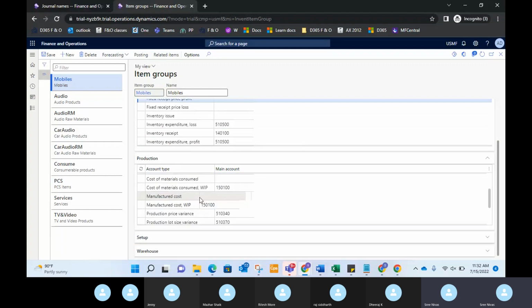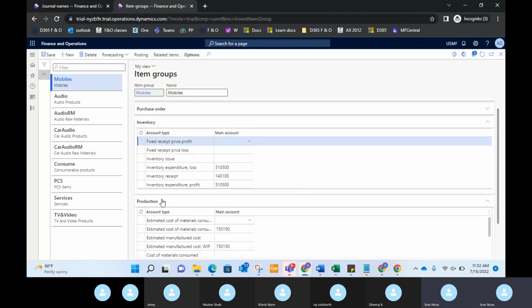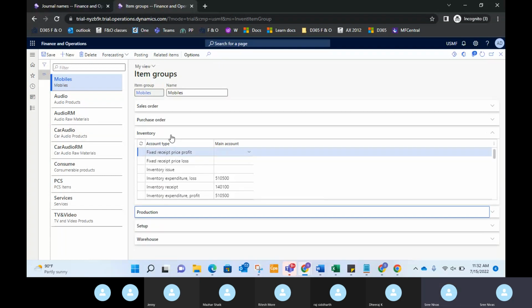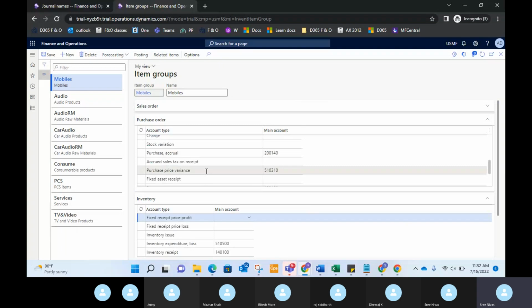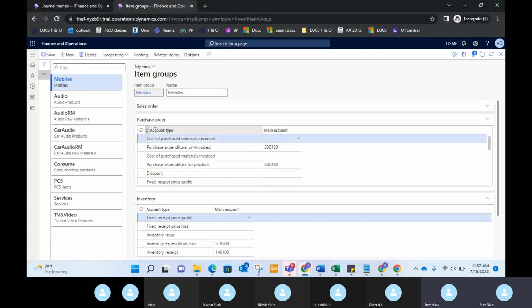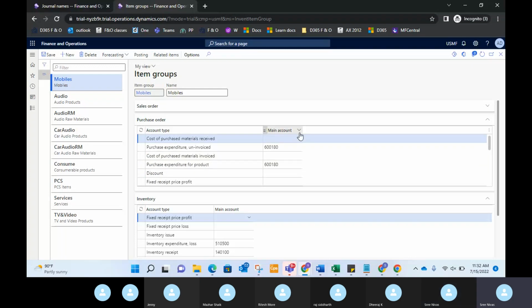If you see here, let's quickly go to the purchase order. Anyway, production will not deal with this. If you want, you can explore the purchase order production module. Even under purchase order, we have a lot of such account types which are going to be impacted. See, these are the list of the main account types. Among these, the most commonly used,